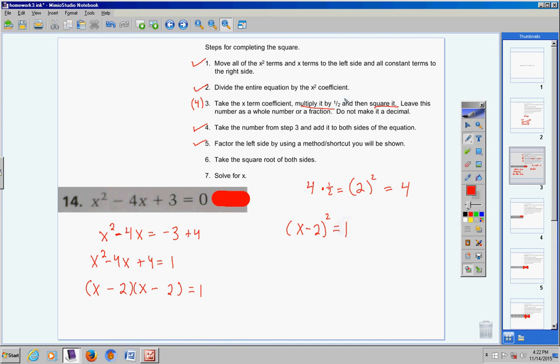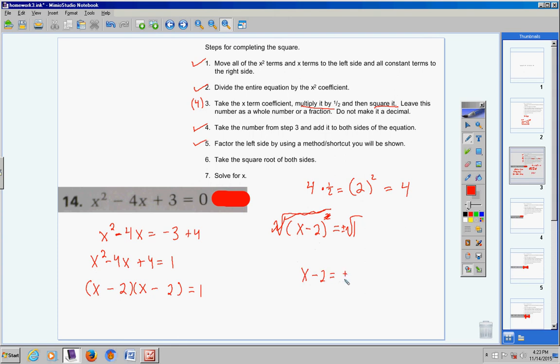We're going to put positive, negative, square root of 1. We're also going to take the square root of the left side. Now remember, when you take the square root of something squared, the squared and the square root cancel out. You're just left with the base, which is x minus 2,